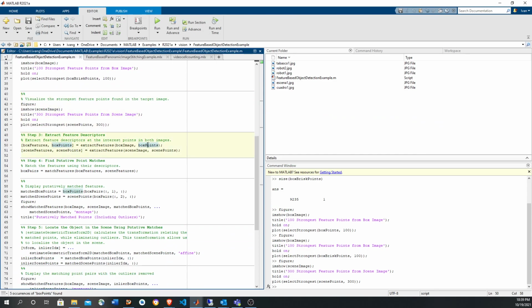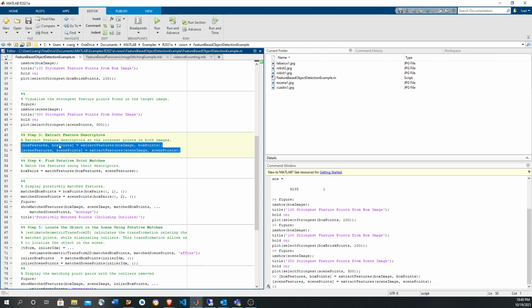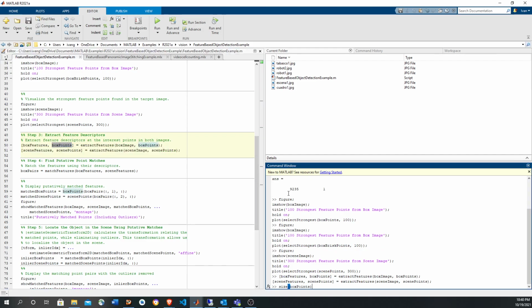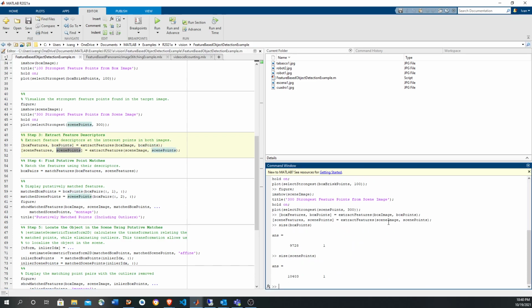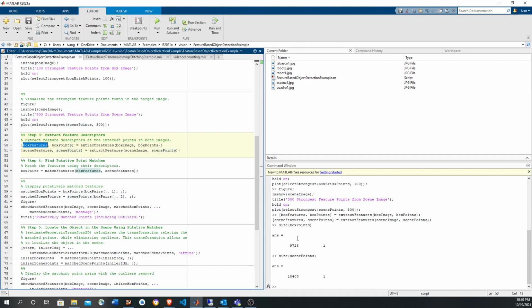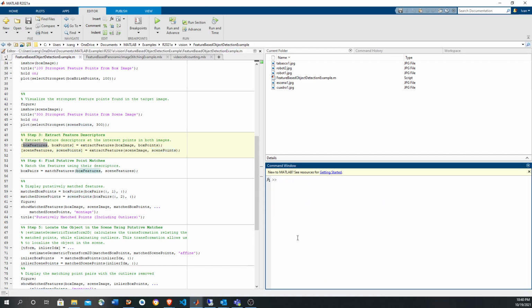Okay, now let's extract features again. We're passing SURF points for both the robot and the scene, and we also pass the corresponding images. The points are returned again, but I understand that none of them was filtered, so we get exactly the same amount of points. And the features, for example in SURF, are just an array, and the number of